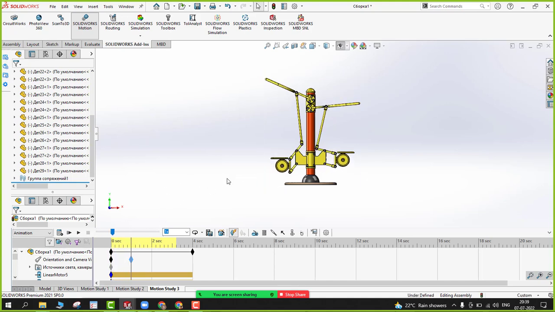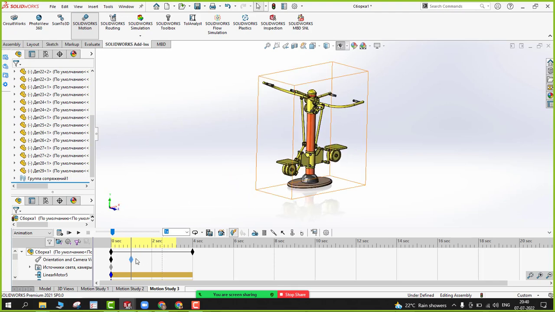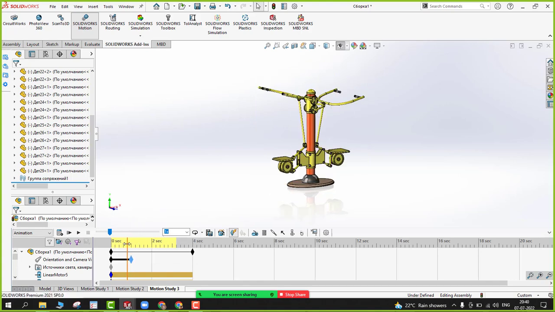So initially it was like this. The next thing is I want it should be like this. Okay, you can place like this and right click on it and replace the key. And can you see from this location it will orient like this. And here